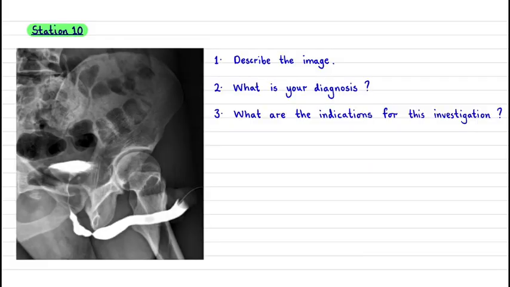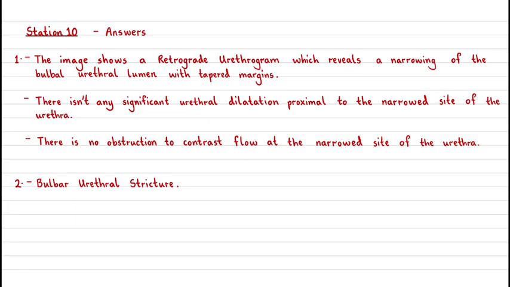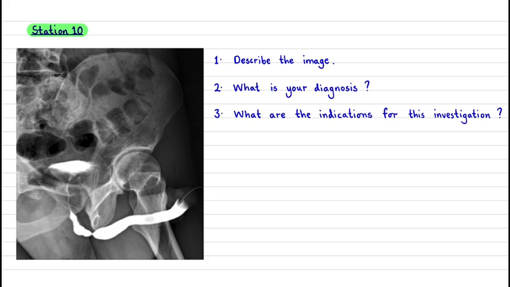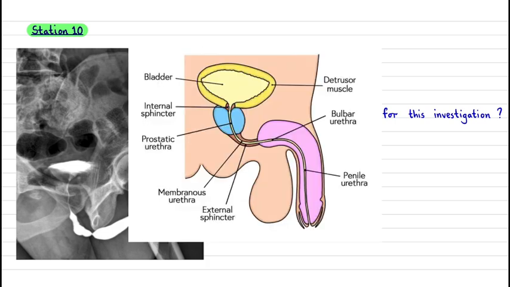Station 10, describe the image. What is your diagnosis? What are the indications for this investigation? So the image shows a retrograde urethrogram which reveals a narrowing of the bulbar urethral lumen with tapered margins. So just a recap of the urethral anatomy. This is the prostatic urethra in between the prostate. This is the membranous urethra, and the bulbar urethra is right here,